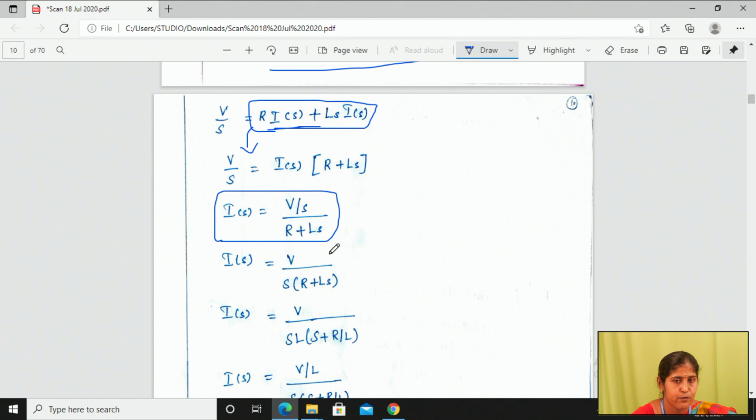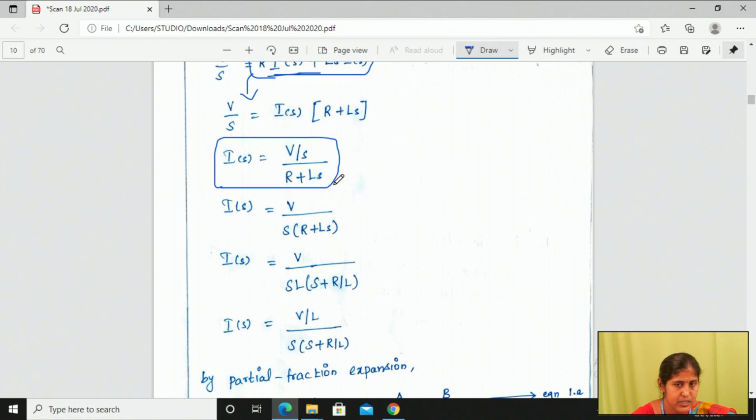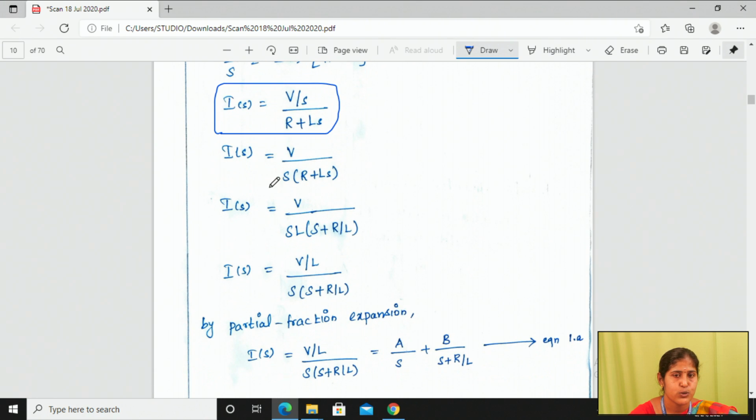So based on the network functions, we have to simplify this function, and finally through this we can get the I of t, right? So I of s which is equal to, how we can simplify this function again, V by s into R plus Ls, right? So see the denominator function, this is the important case. Here you have to frame the sequence in terms of the polynomial order, that is s into s plus 1, like that you have to frame it. Okay, so based on that you have to rearrange this equation, right?